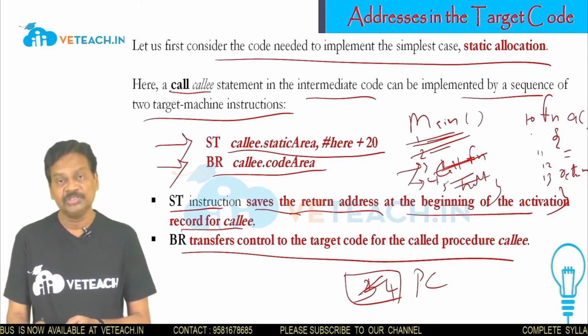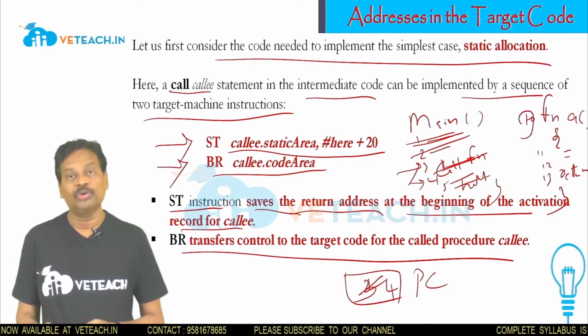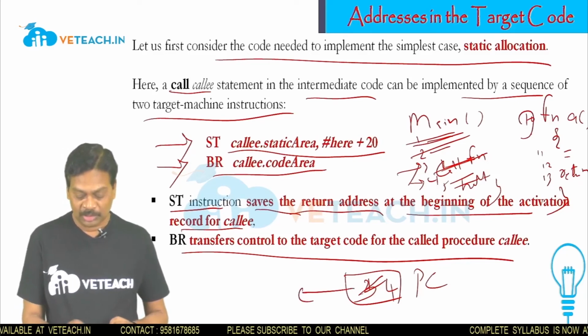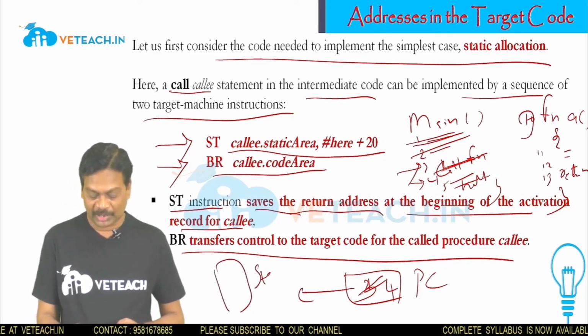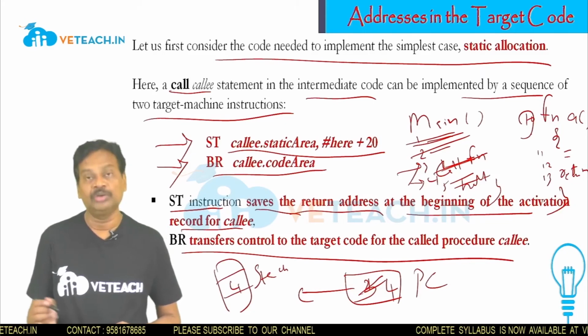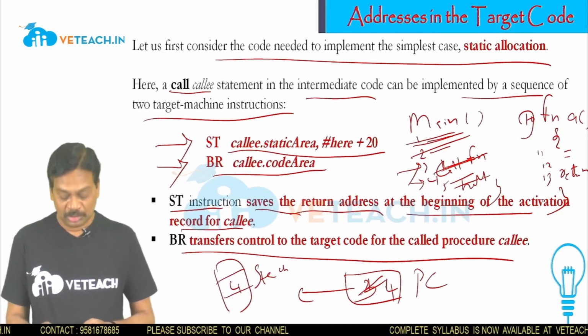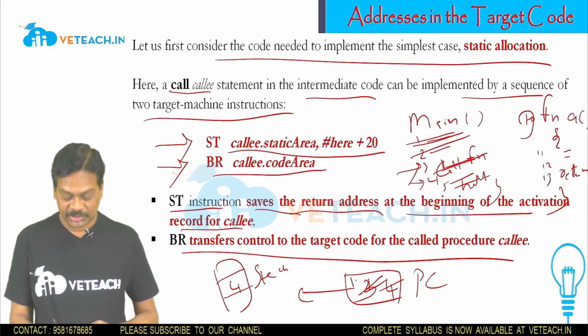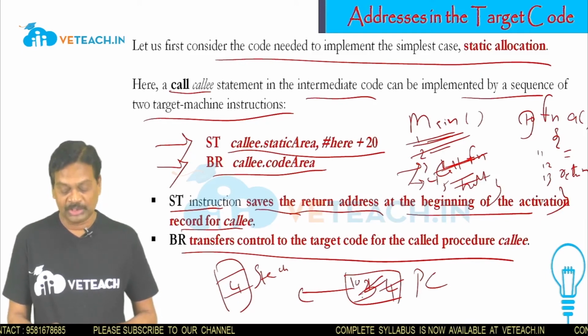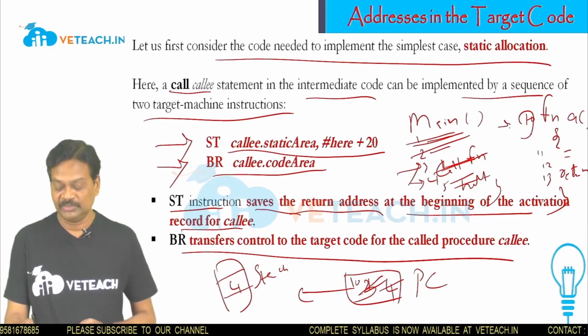So the address is 4 and here it is 10. That's why the value in the program counter will be moved onto the stack. So the 4 is moved onto the stack, and now the program counter removes 4 and starts with the value of 10. Now what is the program counter? The 10. 10 is function A.